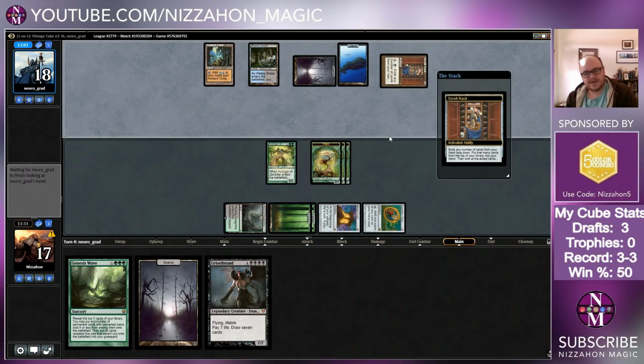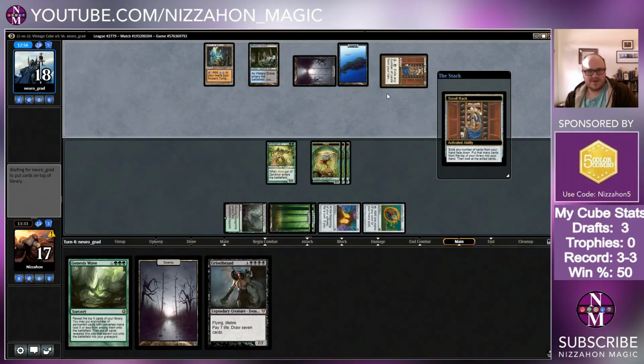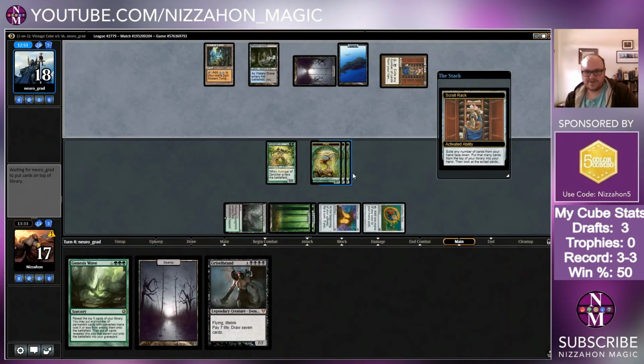Scroll Rack again. Just, you know, over time it lets you kind of search your library for all the cards you ever wanted. Should I have brought in... we didn't actually see Scroll Rack till this game, to be fair, so...